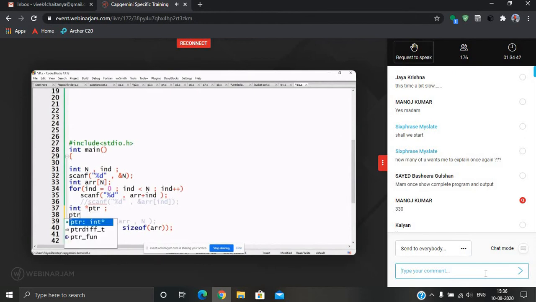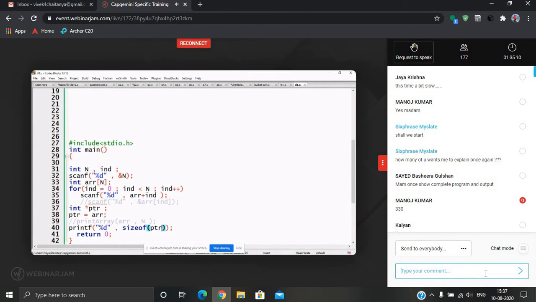So after that, I'm going to assign this array to a ptr. Array name itself points to the first element of this array. So that address we have stored in the variable called ptr. After that, if you print ptr, listen, this array we have stored in the variable called ptr, but we have copied only the first element address